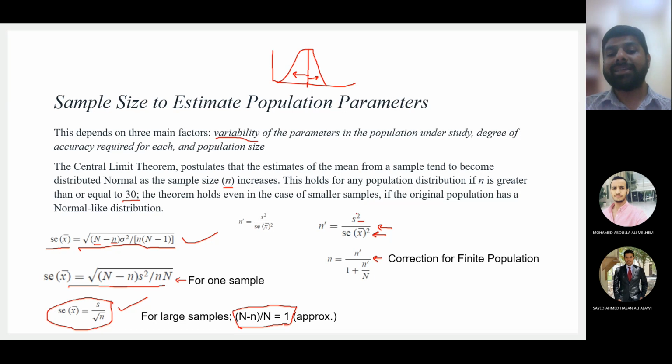So you can see in this equation capital N is not required. If you can know the value of capital N, then you can apply the correction factor, and you will end up collecting fewer values. If you don't know the size of the entire population, then because there is more uncertainty, we will collect n dash, which will be higher. If you know the size of the entire population, you can apply the correction factor, and then you will collect only n values, which is less than n dash.